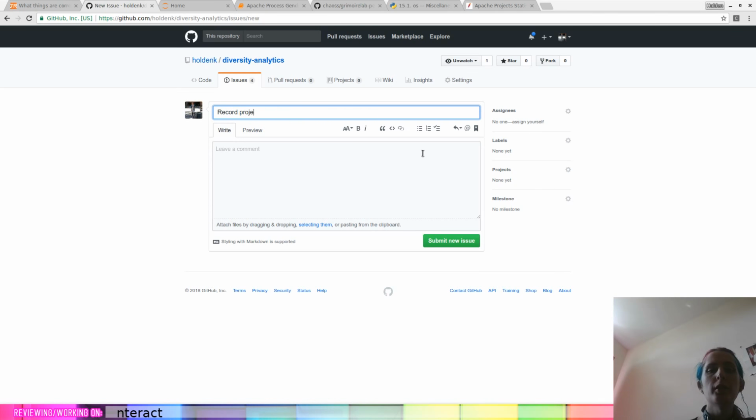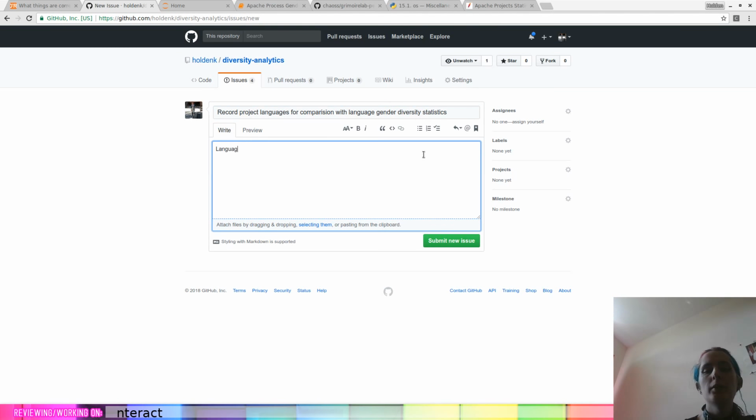Record project languages for comparison with language diversity, gender diversity, sorry. Statistics from SO and other sources. Language diversity usage. Language gender diversity usage statistics